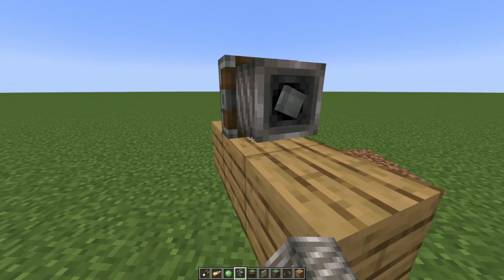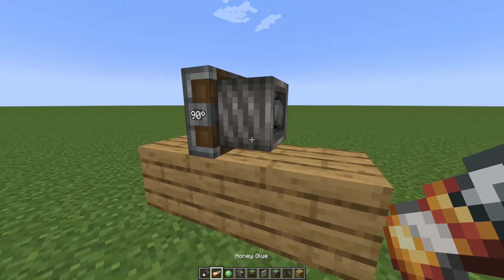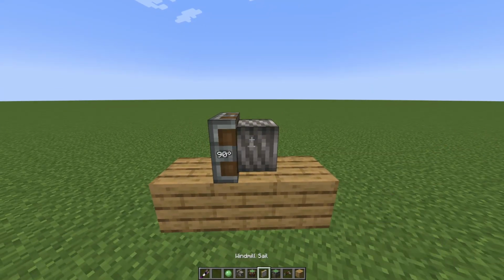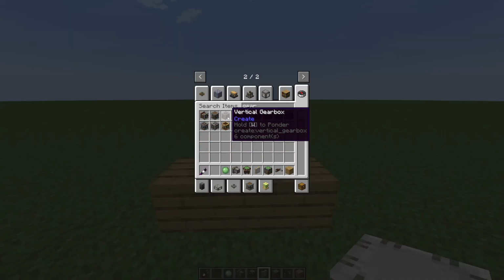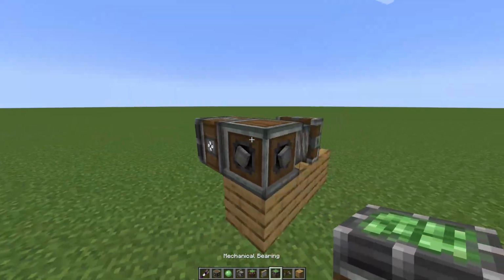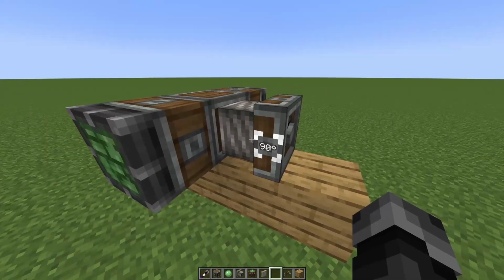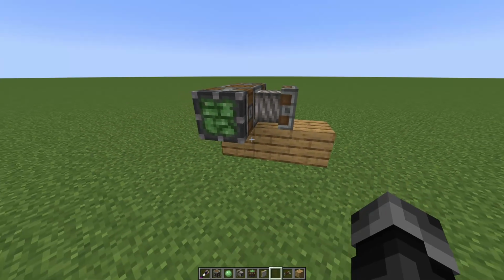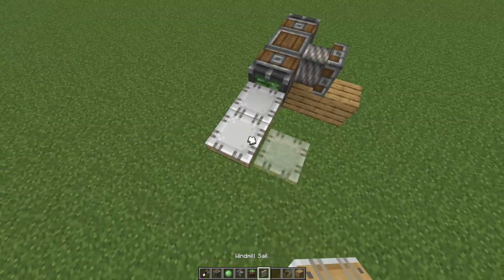So next up we have the torsion spring. This one is interesting because it is basically what transforms a bearing into a flap. You can select an angle here, anything from 1 to 360. 360 is far too much. Let's just set it to 20 for testing purposes. Then if we add sails here,